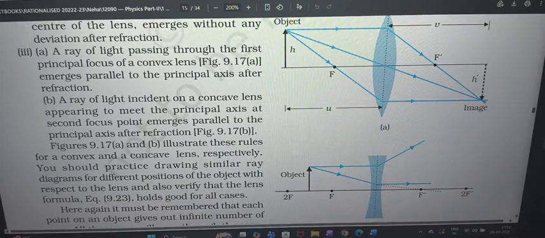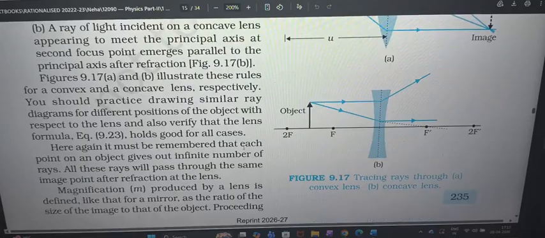Through focus meaning go to the second focus. Parallel then passing through focus meaning go to the first focus. So parallel through focus, here directly you are drawing. From here parallel through focus meaning focus on the first one. Then if you're making it pass through the focus, again draw the dotted lines, then it should emerge parallel. Through optical center meaning directly without any deviation it should pass. So like that, these rules are as we have studied in our 10th grade only.